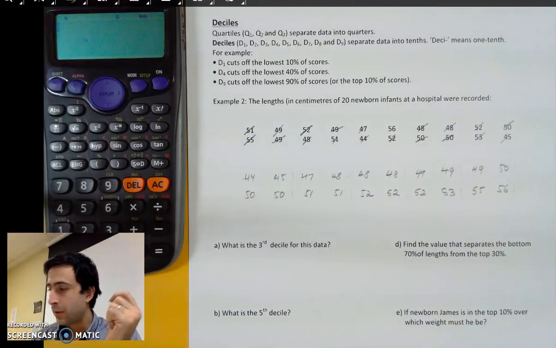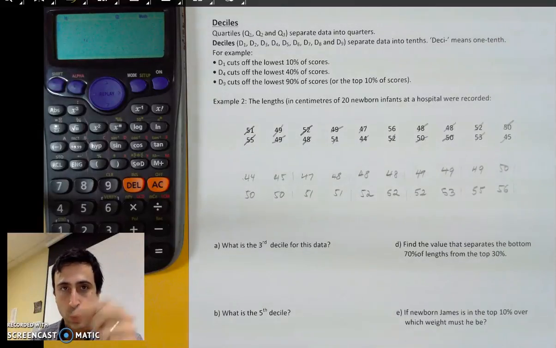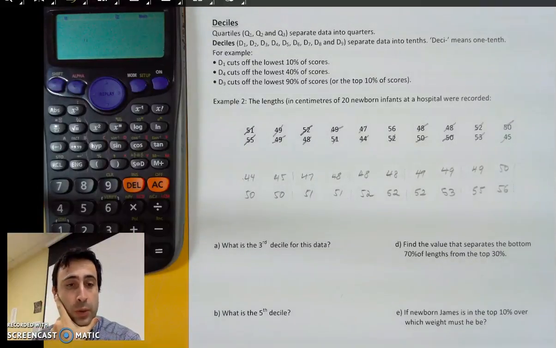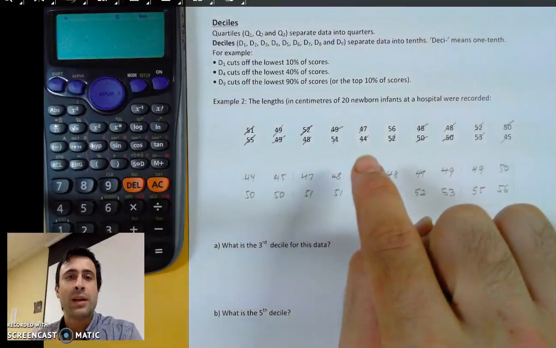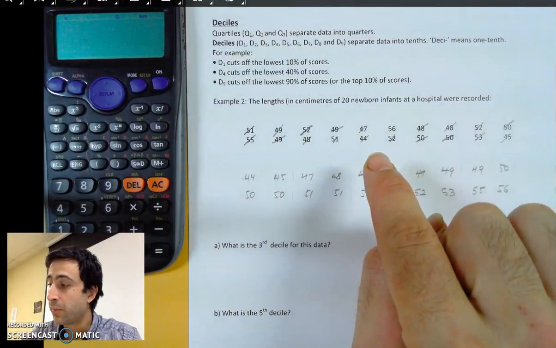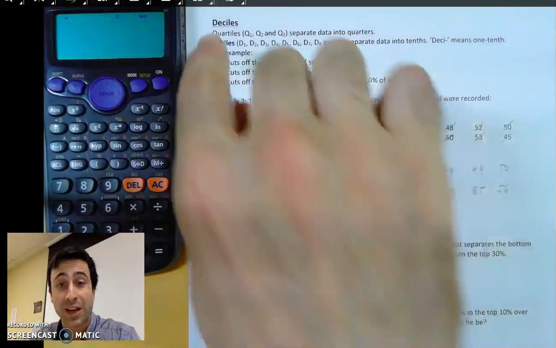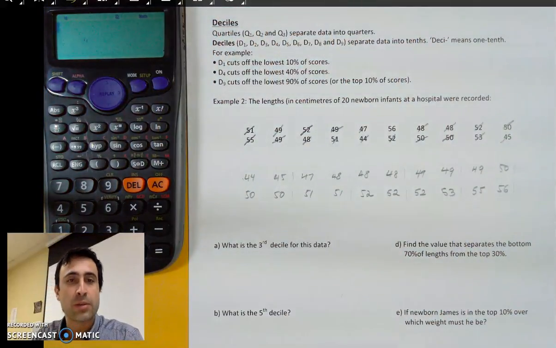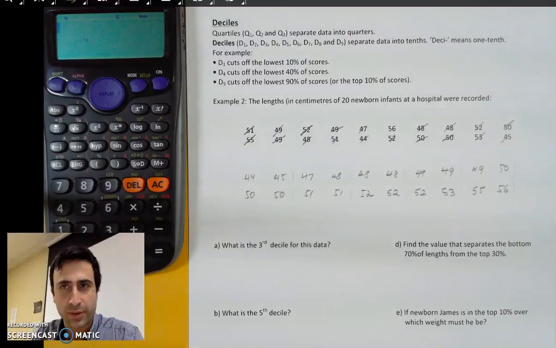Now, we just finished looking at quartiles, which divides a data set, like this one, into quarters. Now, deciles divides data into tenths. It gets a little bit complicated. The more you divide data, there's a very, very subtle change that you might come across after you do a few problems. But really, at the heart of it,